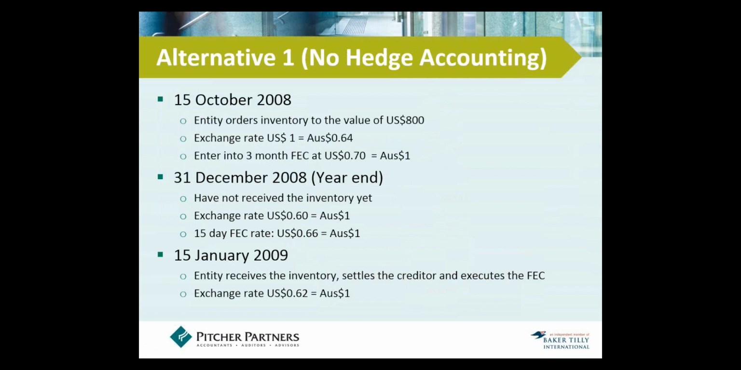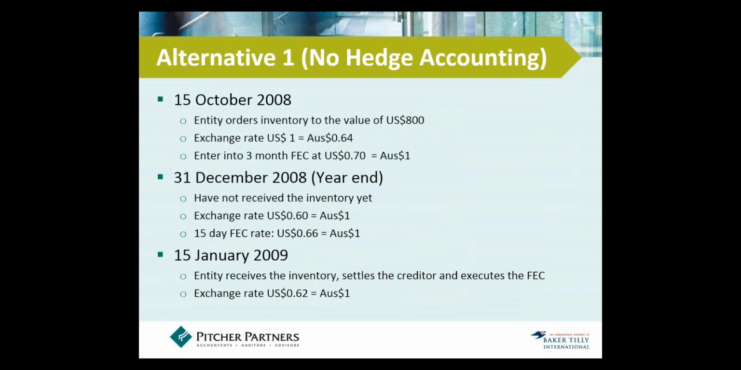So let's look at the information first of all, and it might be useful for you to keep the information next to you or in front of you as we work through the journal. So in alternative 1, and this is just to create a contrast, we have no hedge accounting. So let's say on the 15th of October, year 8, the entity orders inventory to the value of $800 US. The exchange rate at that date is given, the 64 Aussie cents, and at that date we enter into a 3-month foreign exchange contract,